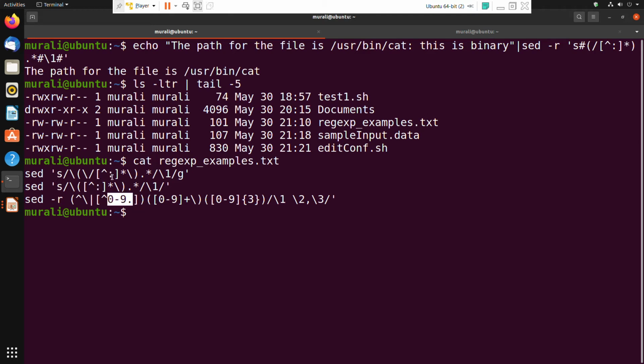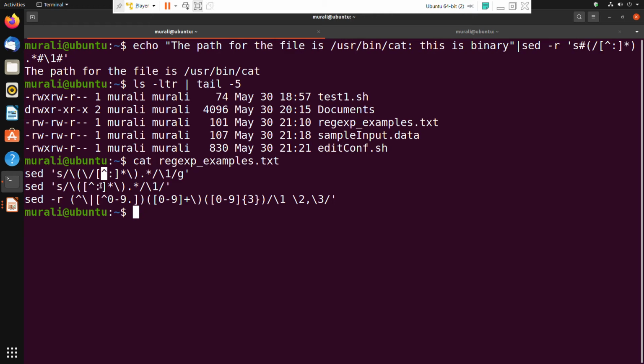But I have told you the basic, that is the non-colon character. That is the meaning of prefixing a set of characters within the square brackets. Based on that idea, you can try the second and third one. Whatever I have given here, maybe I will put it in the description also, so that you can check it and try that.